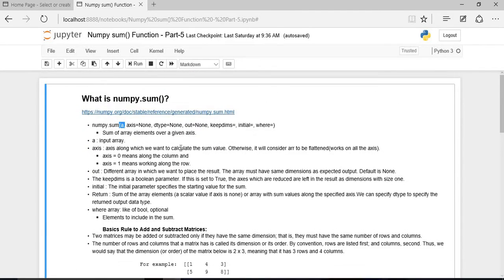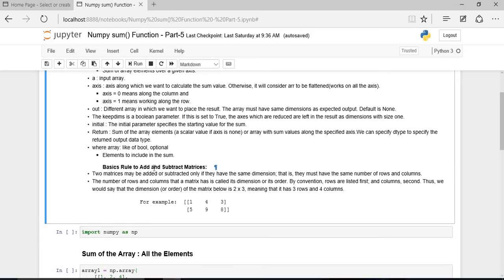So first of all we should know the basic rules to add and subtract matrices. As we know, two matrices may be added or subtracted only if they have the same dimensions. That is, they must have the same number of rows and columns. Okay, now the next one: the number of rows and columns that a matrix has is called its dimension or its order. By convention, rows are listed first and columns second.